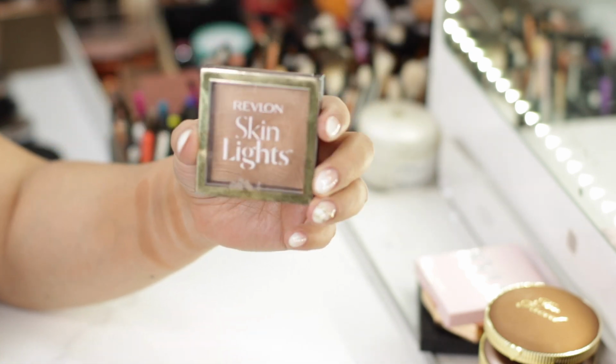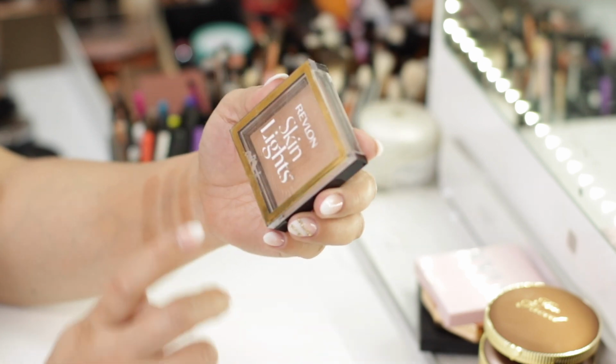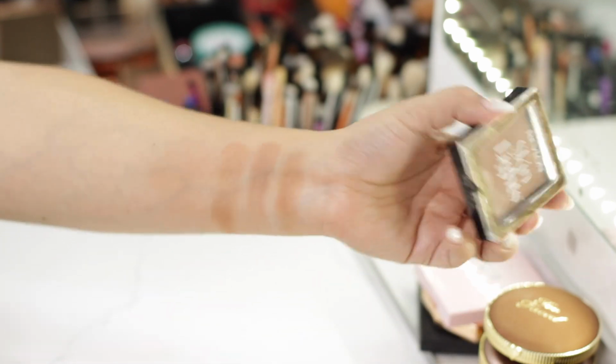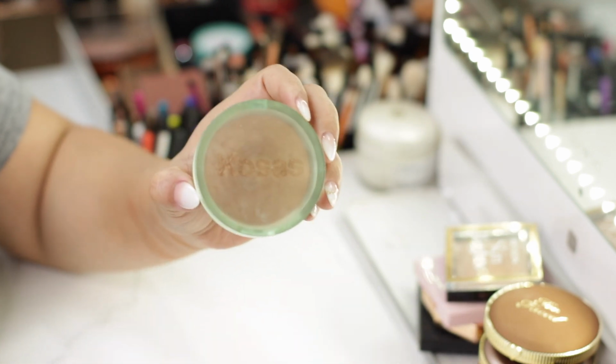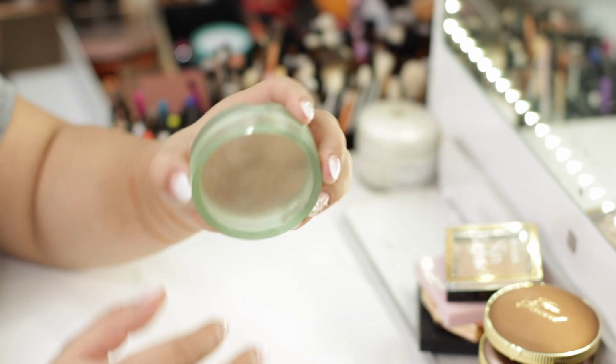It's affordable. It's very pretty. You definitely need to check it out. It also comes in different shades, so that's another reason why I really enjoy it. The glow that it gives the skin, it's really pretty. Definitely would recommend. Another one of my favorite bronzers from 2020 was definitely this one by Cosas, and this is